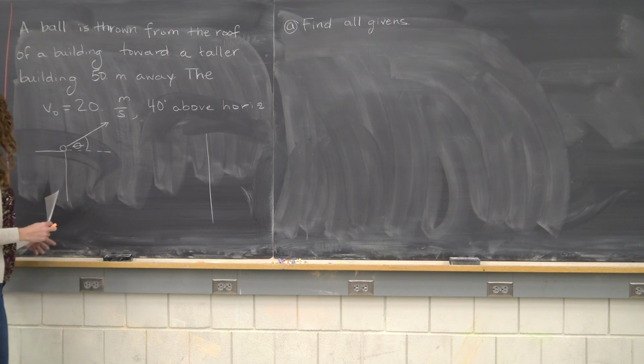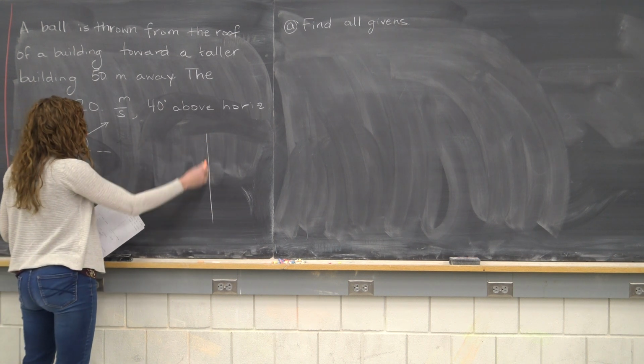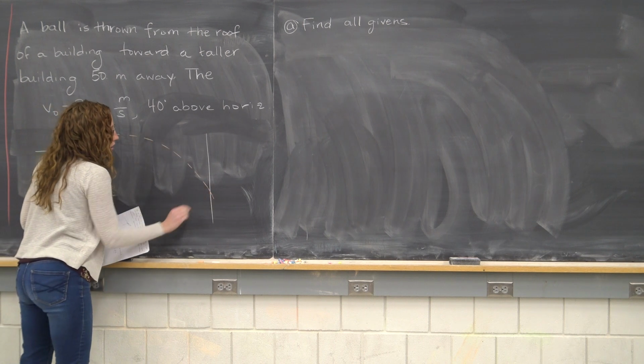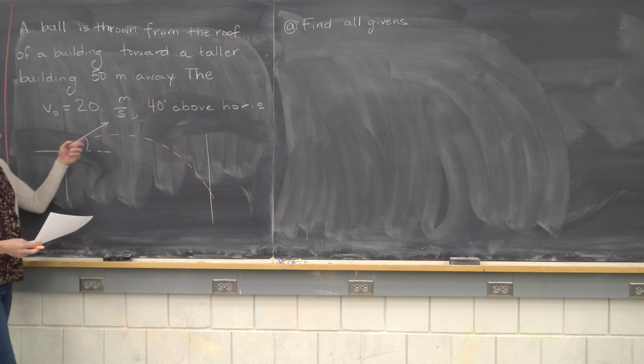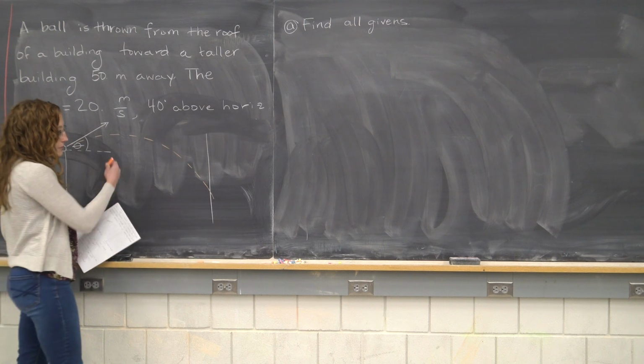All right, here's a 2D kinematics problem. This one's a little bit tricky because we've got a wall here that this projectile is being shot at, and we don't know exactly where on the wall the object is going to land. As I've drawn this trajectory here, and usually we draw trajectories with a dashed line, I've drawn it as though